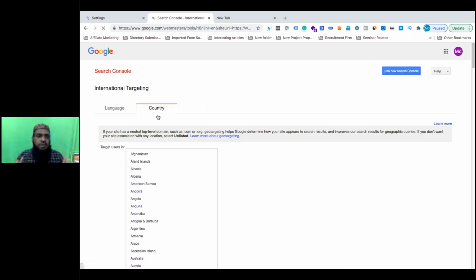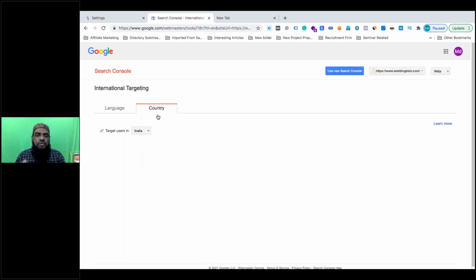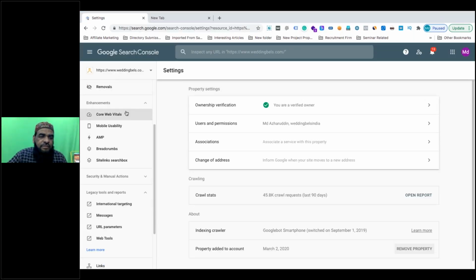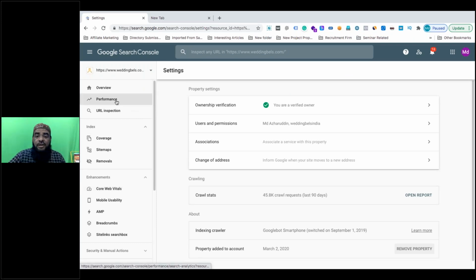So first thing, remember, target a specific country so that you have a better chance of optimizing it and getting it quicker in that particular location. That's a basic thing which we can do, and I hope most of you have already done this setting in your analytics account. Now moving on, the next aspect of our analytics, which is very, very important and crucial,